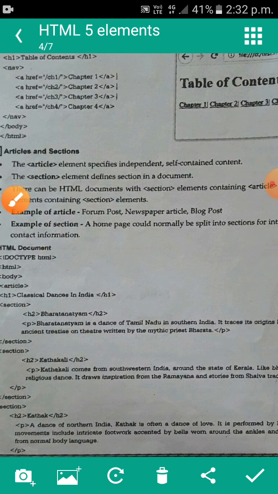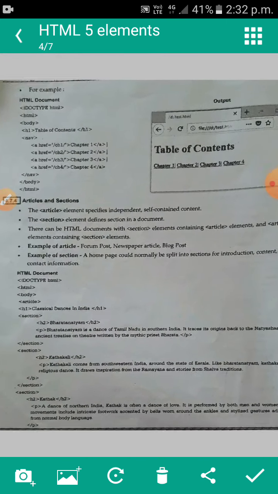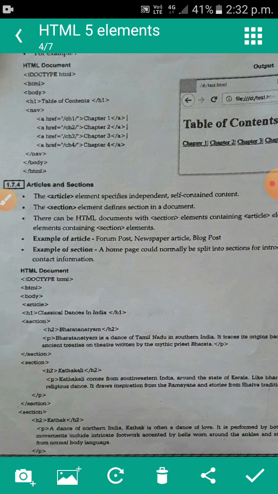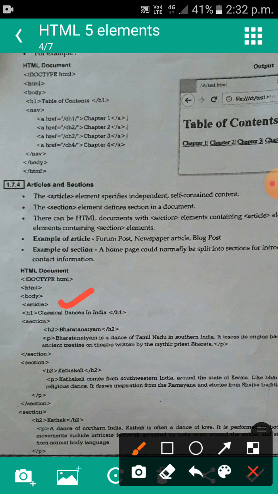Okay, here you see an example that demonstrates the article tag and the section tag. Here we are providing the article tag, classical dance. Within that article we are providing a section tag with information about Bharatanatyam, and we close the section tag.